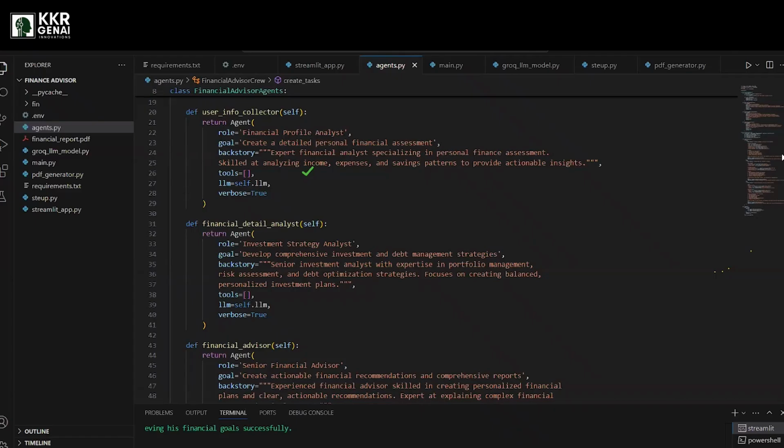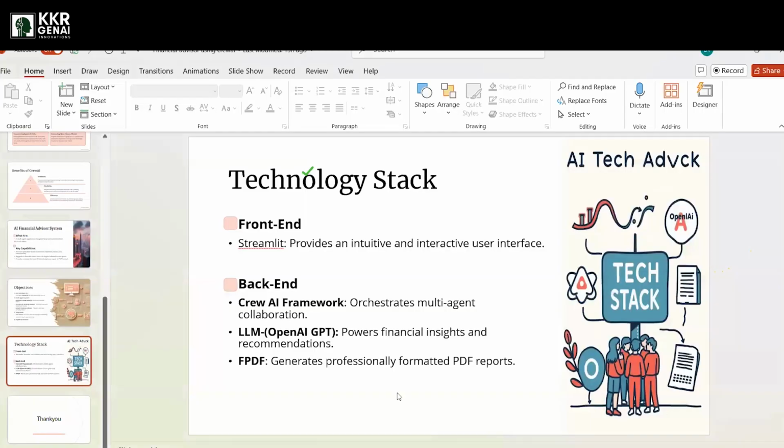As I've told you previously while explaining the framework, when it comes to defining an agent, the main three things that we need to give them are the role, what is their basic role they are doing, and the goal that we want them to analyze for us. Giving them a backstory will help them think in a more creative way or in more actionable ways. And yeah, this is how we have created our financial advice system project using CrewAI.